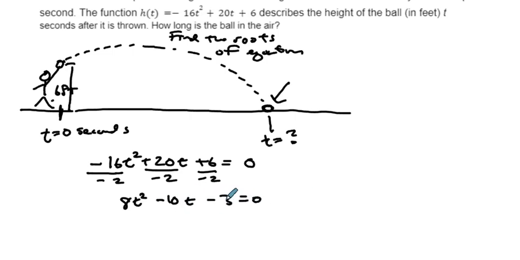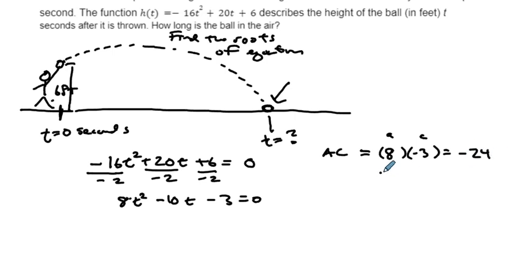So now the first thing I'm going to try is the AC method, because that's a lot easier than completing the square, right? And if it works, we'll be happy. So the AC method means we're going to multiply my A times my C. My A is 8, right? And my C is -3, all right? And so that is going to give me